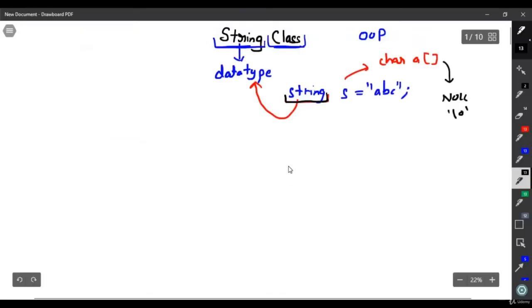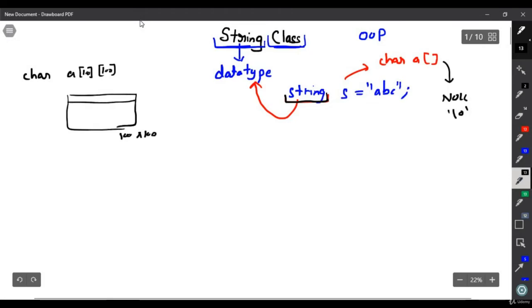Now suppose you want to store multiple strings. So in that case, if you do not know string, how will you store multiple strings? So you have to create a 2D array of characters. So char A, and then you have to create a 2D array of characters, 100 cross 100, and in this 100 cross 100 basically your first string will be stored here, 0 to 99, then your second string, then your third string, and so on. So this is not a good way. The good way is, what you can do, you can write vector of string.